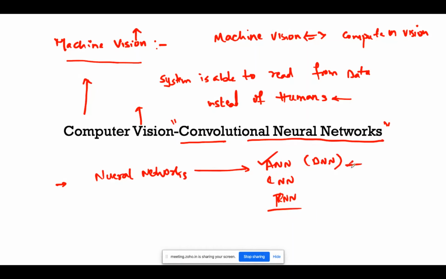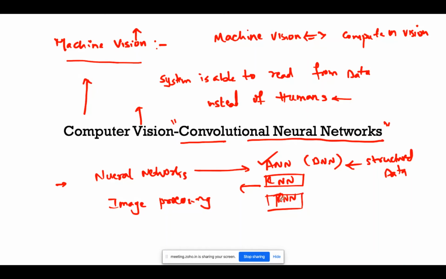ANN is for your structured data, and CNN is completely for images. We are going to talk about CNN extensively. I don't think we may talk about RNNs for this computer vision course, but we will focus majorly on the different architectures in CNN.